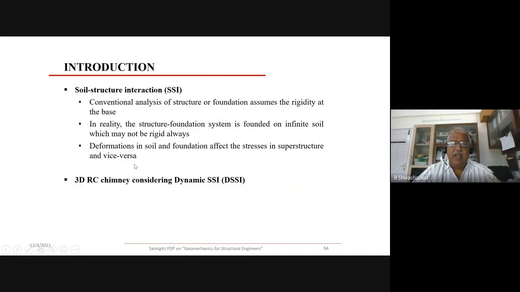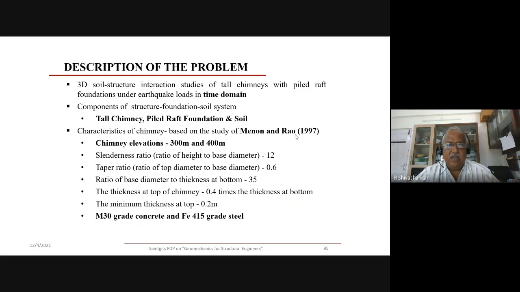So as I said, the conventional method in structural analysis is to assume rigidity at the base, but in reality the foundation is on flexible soil, and that will make a lot of difference in the analysis. So the problem was we took up a chimney of